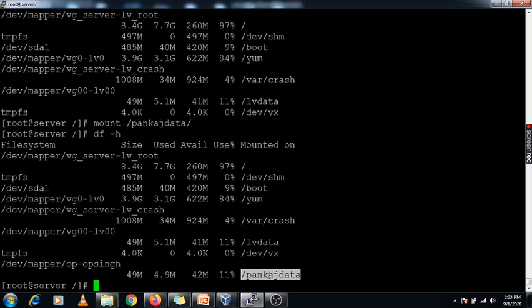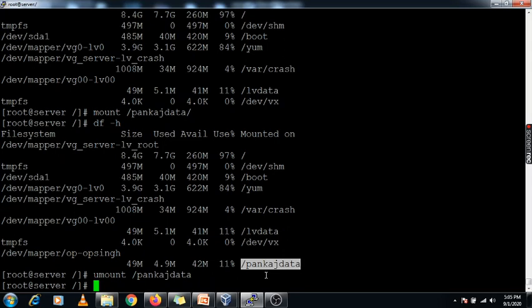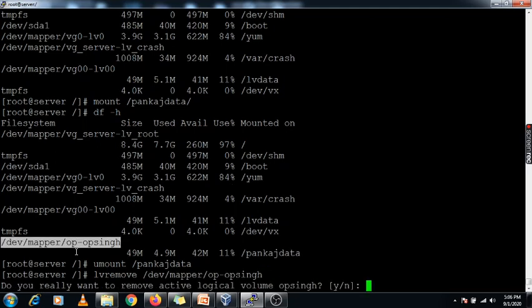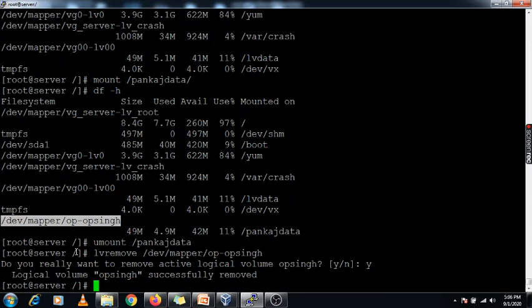If you want to remove this LV, you need to follow the reverse method, that is lvremove. Before removing this LV, first you need to unmount that file system, and then use lvremove, giving the file system name. So now this file system is removed from the server.